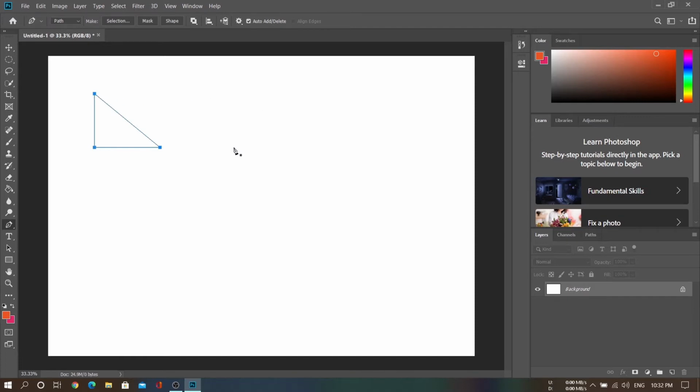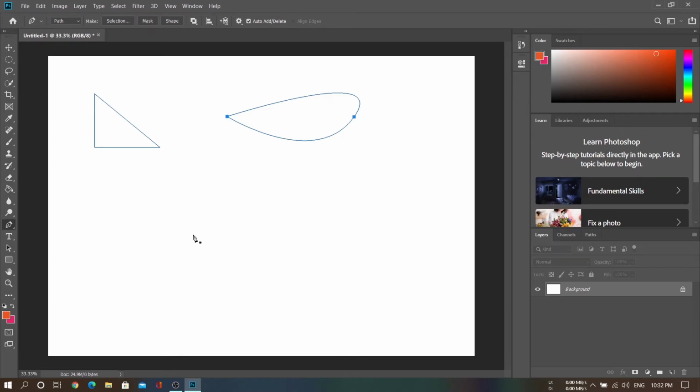If you want to draw a curved path, first click on, and while clicking on the second point, just drag the mouse to determine the curve of the line. This line segment which we are using is known as a handle. The lower part of the handle creates the curvature of the bottom line, and the upper part of the handle handles the curvature of the top line. So now we have created a closed path.